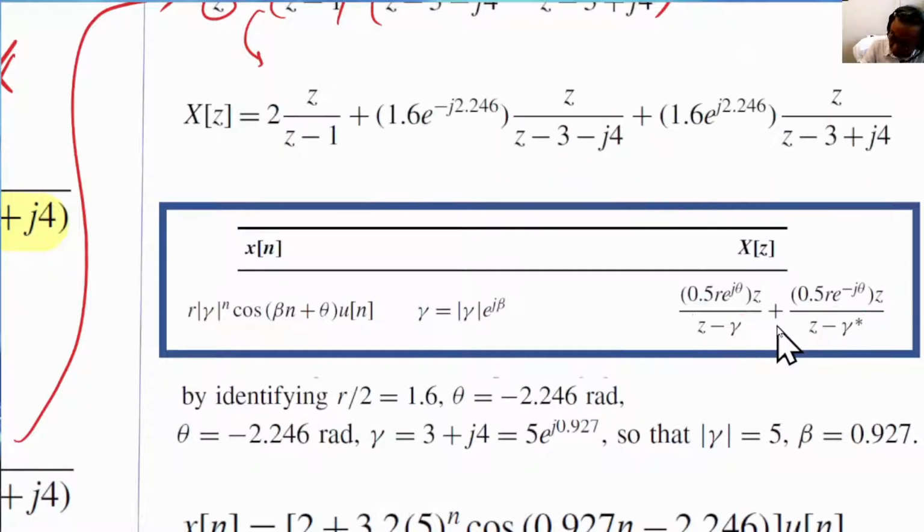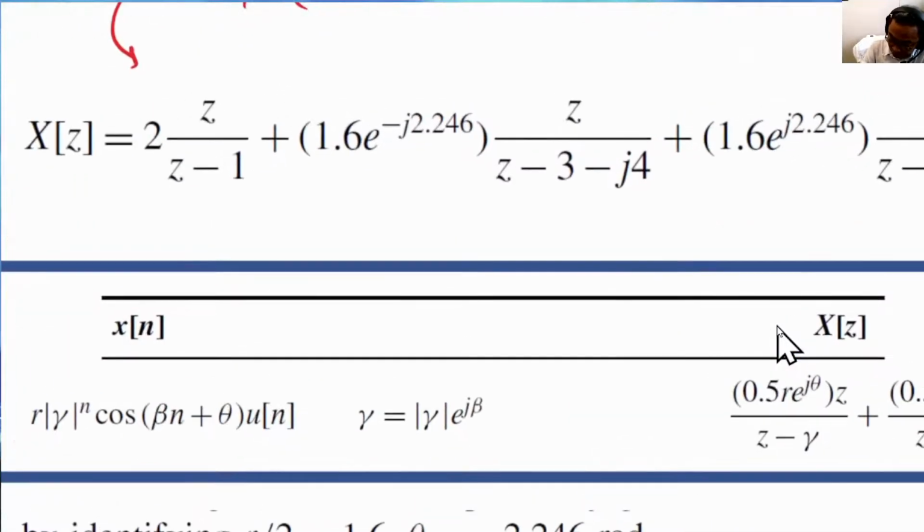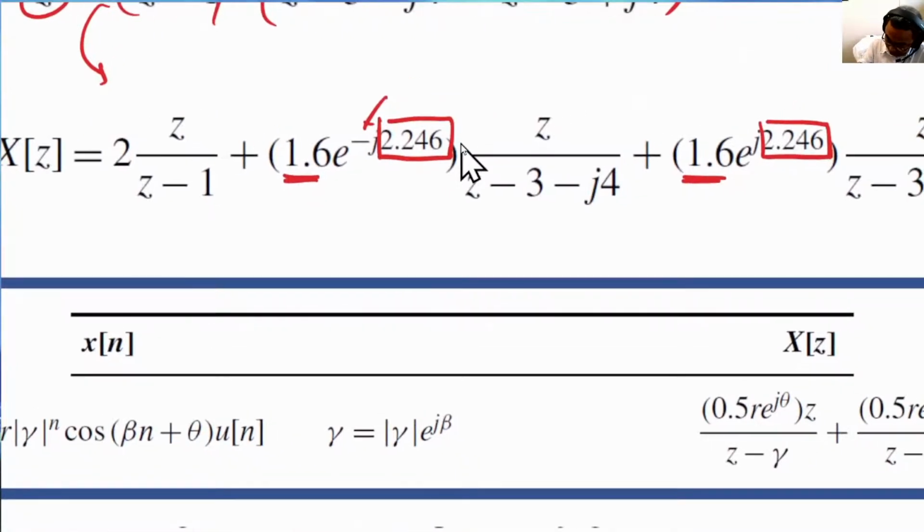In the numerator, again in this example, we have a real number here and an angle here. And this angle, interestingly, is also a complex conjugate. So the magnitude is the same, 1.6, but the other one is plus j 2.246, and here it's minus j 2.246. So you realize that the roots are complex conjugates. The scaling value has a magnitude and a complex conjugate pair of